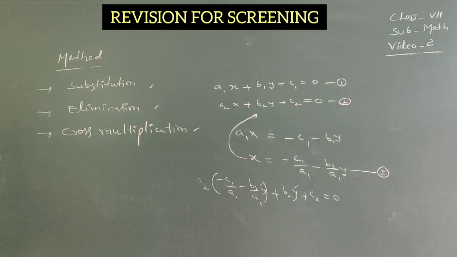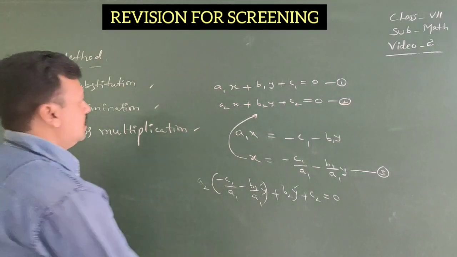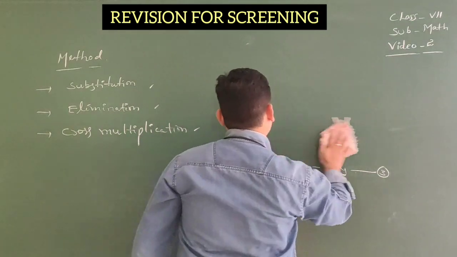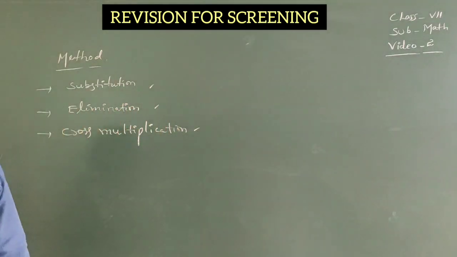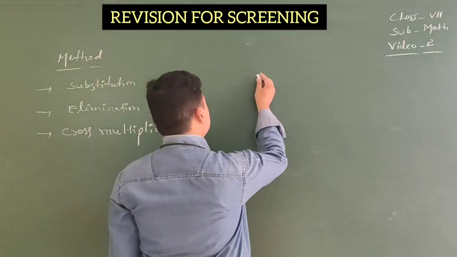If you convert y in terms of x, the given simultaneous linear equations convert into a simple linear equation in the variable x. How do we solve the given simple linear equation? Already we completed those methods, and with the help of those methods we can solve the given equation. This is called substitution. One example I will explain.